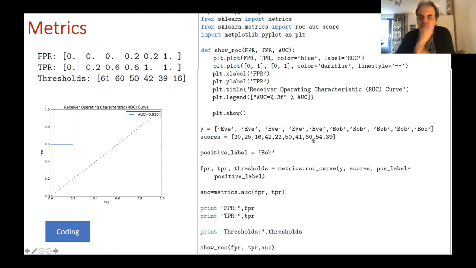So Bob has a 3 and 5, which gives us 0.6. So we plot our next point here at 0.2, which will give us a value here of 0.6.